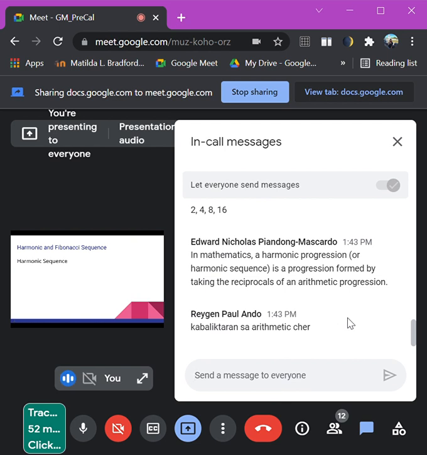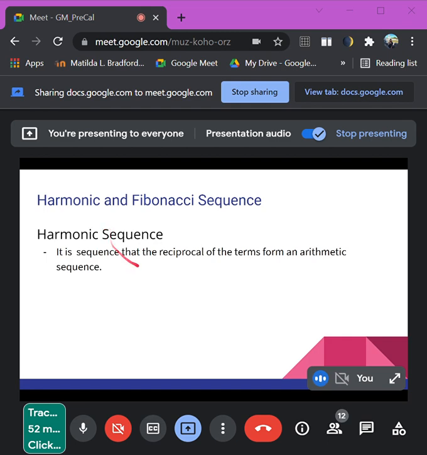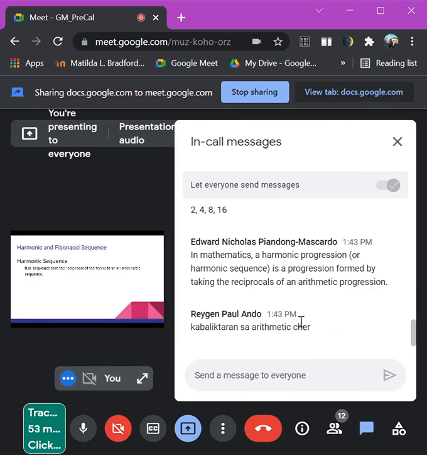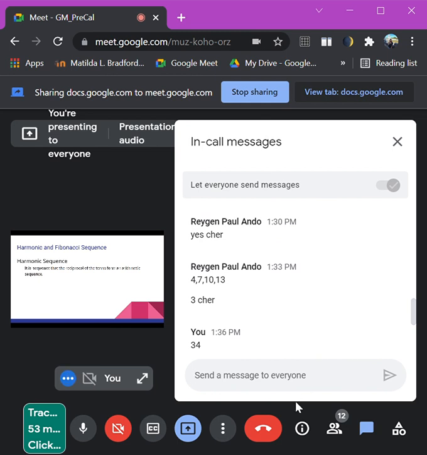So we have here from Edward, harmonic progression or harmonic sequence formed by taking the reciprocals of the arithmetic progression. Or, shall we say, the kabaliktaran sa arithmetic. So, ang balira gyud sa ato ang harmonic sequence class, sa ato arithmetic sequence ang harmonic sequence. So, katong gihatag ni Ando ganina nga 4, 7, 10, 13, kabaliktaran ra ato niya, which is 1 over 4, 1 over 7, 1 over 10, and 1 over 13. That is your